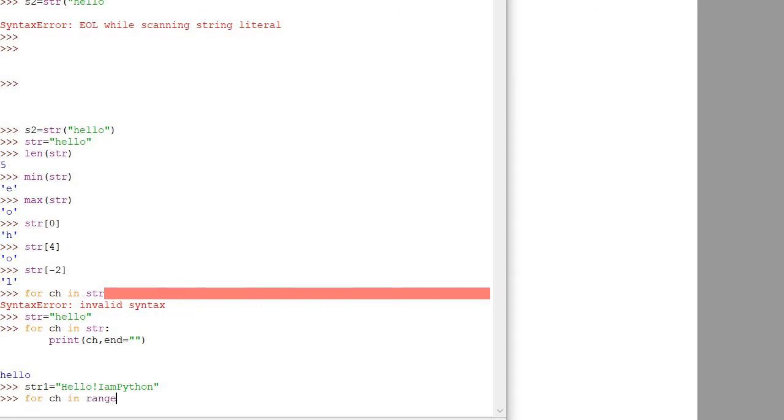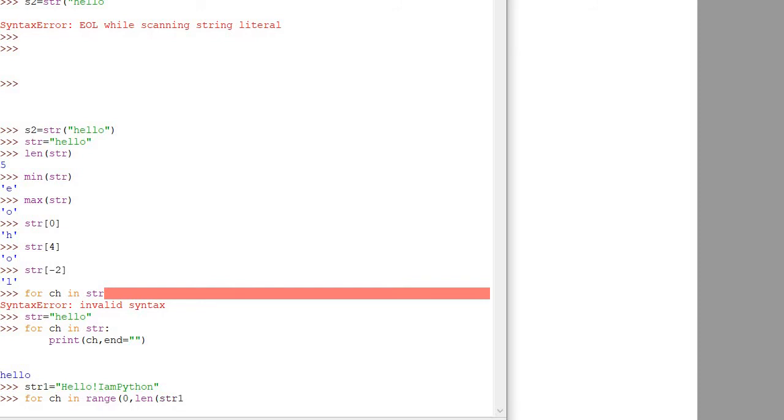I want to give the range till which I want to access the characters. Fine. So the initial range will be 0. Then I will use len because I want to traverse each and every character of our string.